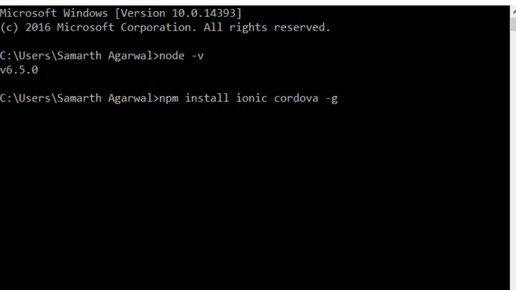Make sure that your internet connection is working fine because this is a network operation and this usually takes a while, so be patient. I have already installed Ionic and Cordova, so I'm not gonna run this command again. If your Ionic and Cordova modules are installed successfully or not,